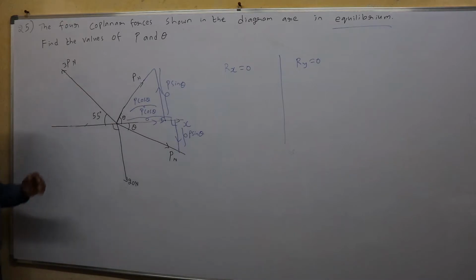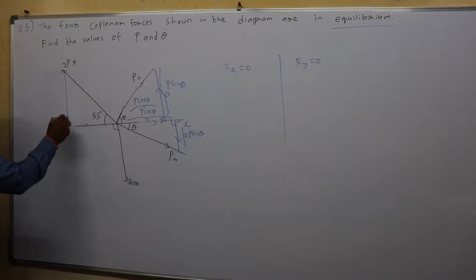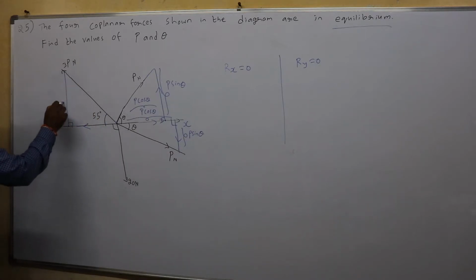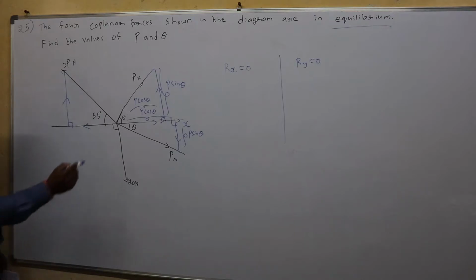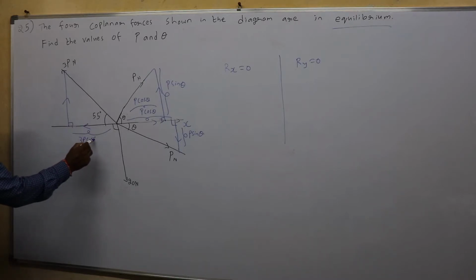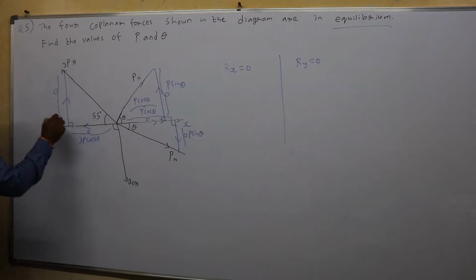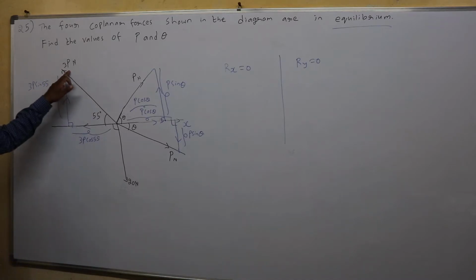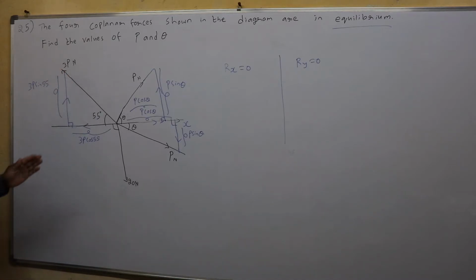Now, this 3P should be resolved. For that, again I need to make a right angle triangle. So drop a line down. Instead of walking in this way, I could walk here till here and then vertically up. This is adjacent to 55, so it becomes 3P cos 55. This is opposite to 55, so it becomes 3P sin 55. It's 3P. Clear? Yeah, resolving is completed.